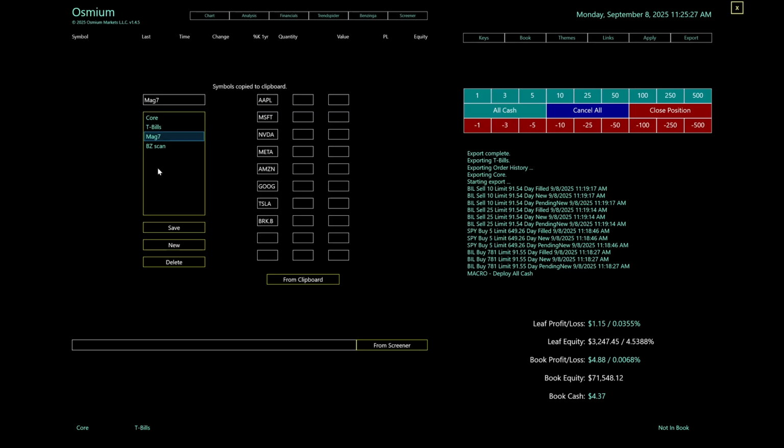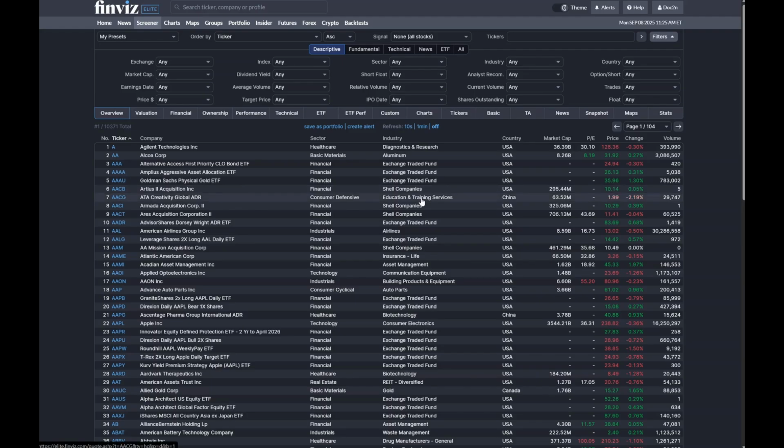So the third way of getting symbols into the book is the most interesting, and it involves using FinViz. If you have an Elite subscription to FinViz, which I would encourage anyone to get, and Osmium has no affiliation with FinViz, it's just a great tool. For Elite subscribers, they offer the use of a RESTful API to pull a screen. So I have a couple of screeners